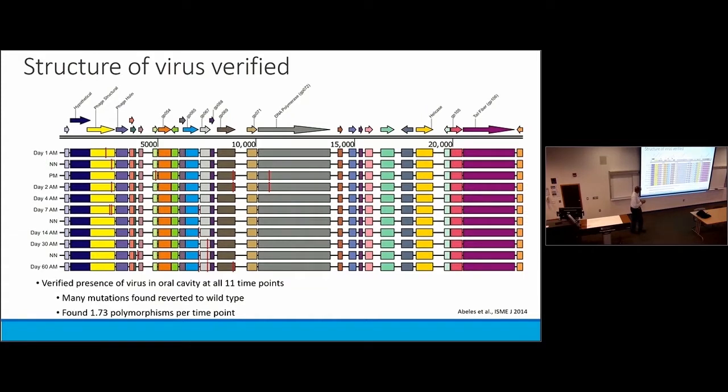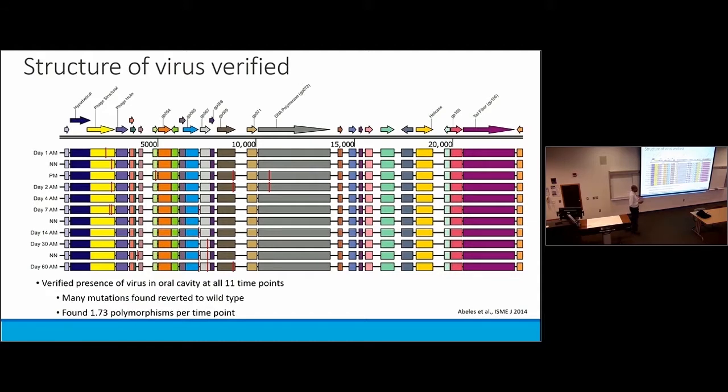And in fact, when we took some of these and did good old-fashioned Sanger sequencing of these viruses at every single time point, just as a further proof that they're present, we can not only find them present, but we can find mutations as well. While we typically think of viruses as having high mutation rates, constantly changing all the time, the one thing that we found is these viruses weren't changing very much at all throughout the course of this study.